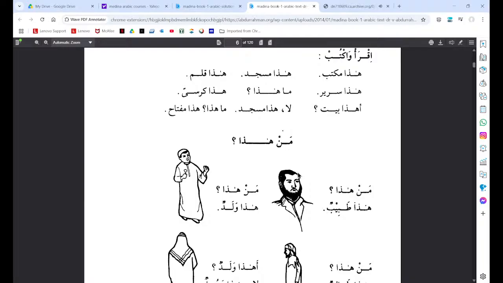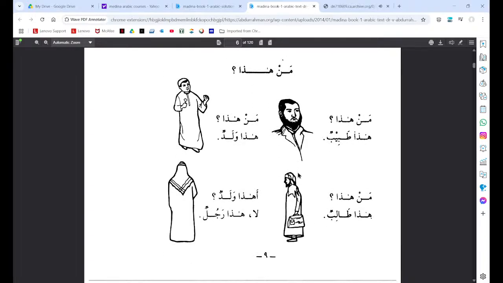Okay, so again, this is ism istifham lil aqli, the interrogative particle for asking questions about that which does have intellect. And here we also have a couple of new words. We only had objects before, so now we need some words to be able to use our new particles for questioning. So men hada, who is this?